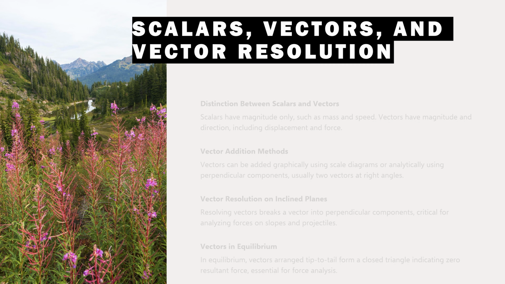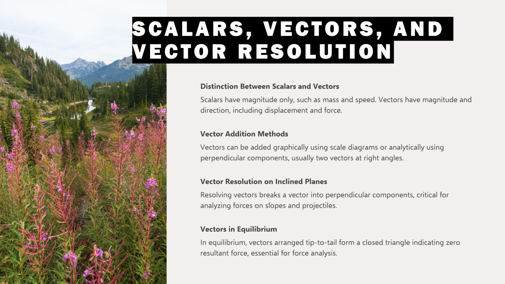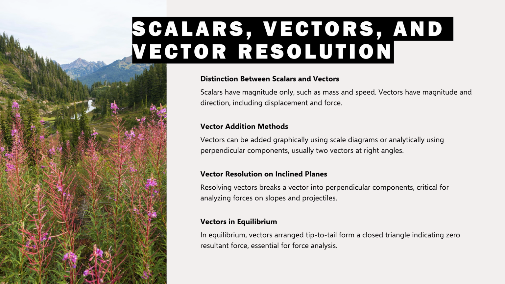In mechanics, physical quantities are classified as either scalars or vectors, and understanding the distinction is essential for accurate modeling of motion and forces. Scalars have magnitude only, such as mass, time, energy, and speed, while vectors have both magnitude and direction, including displacement, velocity, acceleration, and force. Vector addition can be carried out graphically using scale diagrams or analytically using components, with calculations typically limited to two